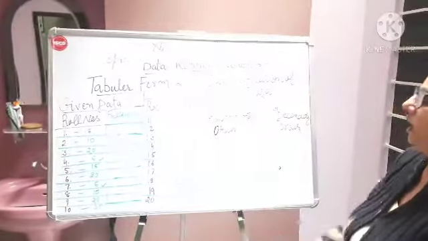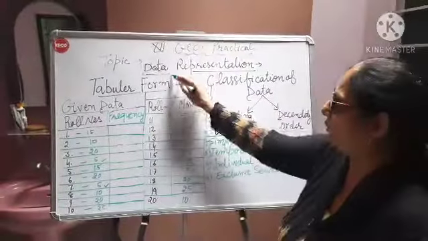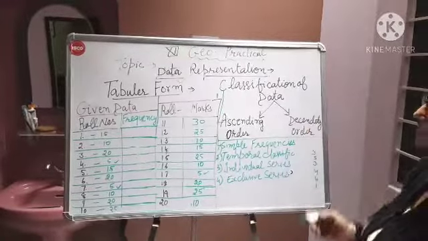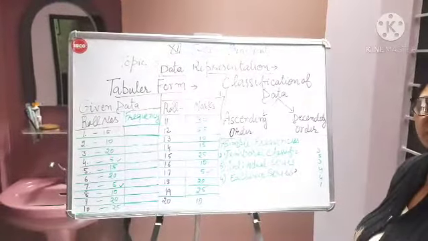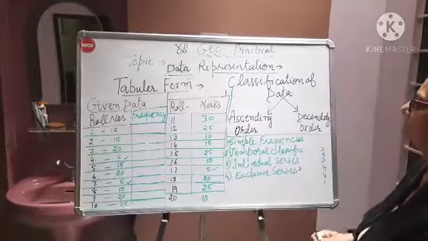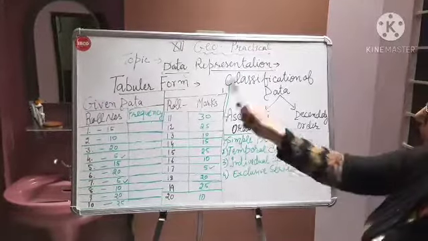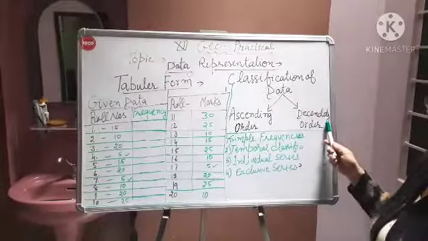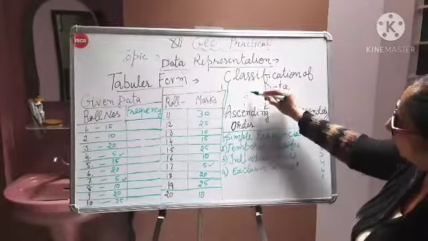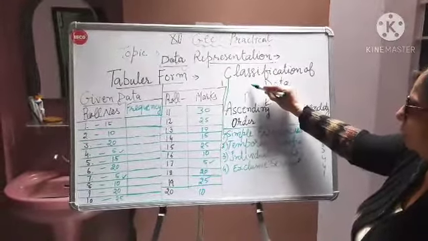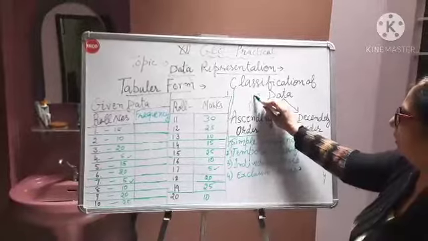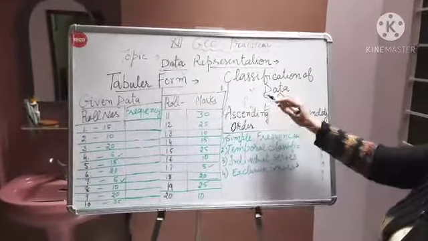Wait just a minute. Before that, that is the tabular form of representation of data. Simultaneously, we have to see the classification of data. When we do classification of the data, in the beginning, we cannot know exactly tick, tick, tick, this thing. For that, we can arrange these marks in ascending order and descending order. Ascending order, you know that the highest number on the top and the lowest number in the bottom. Mean to say highest here is 30 and lowest here is 5. Right? For lowest it is the 5 and you have to take accordingly.